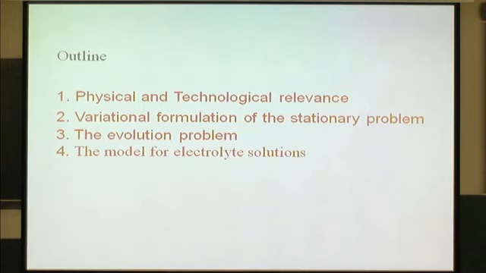Then I will talk about the evolution problem. Typically, this evolution will happen at very low Reynolds number. The previous talk was at very high Reynolds number. Here, everything is dominated by viscous terms because the drops in practical applications are very tiny, micrometer size typically. The Reynolds number is a very small number, so everything is dominated by viscosity. And finally, I will concentrate on the formation of Rayleigh jets, and we will see, according to our theory, what the role of chemistry is in the formation of these jets.